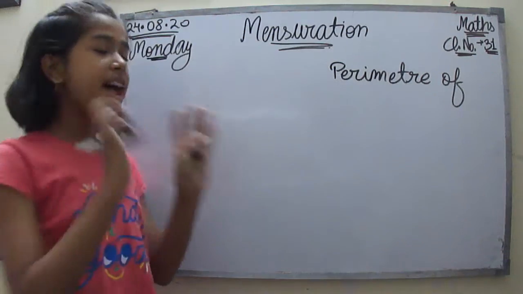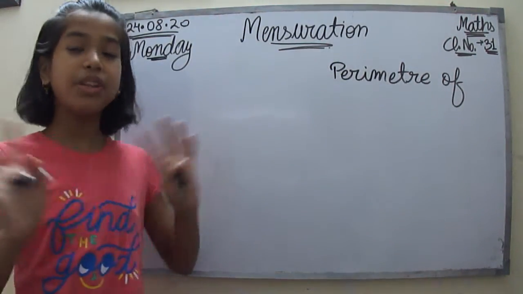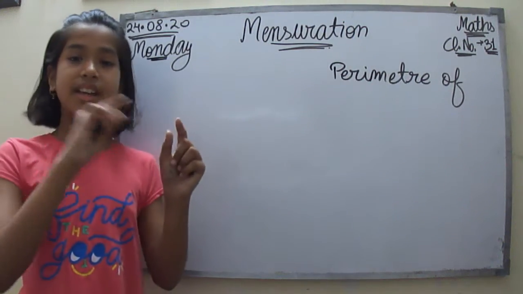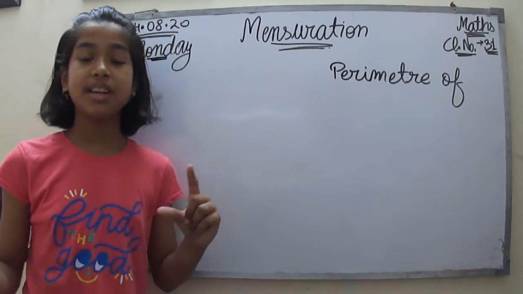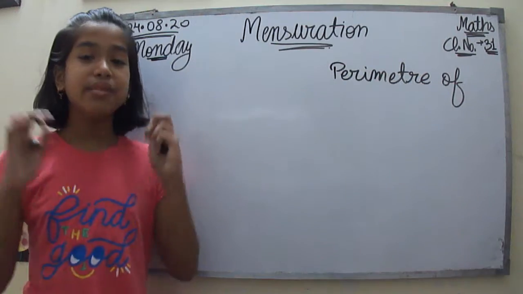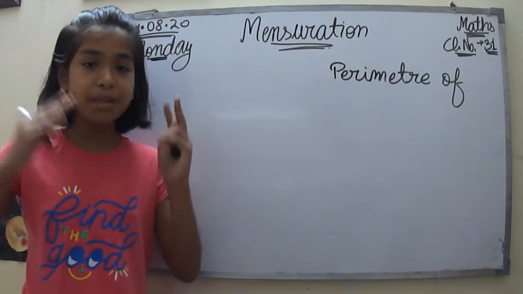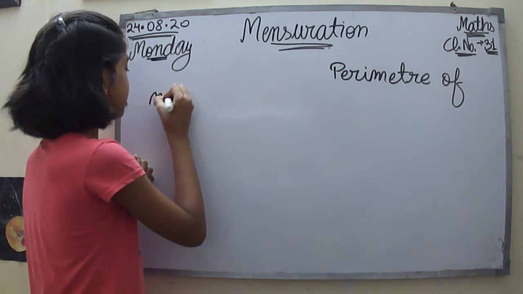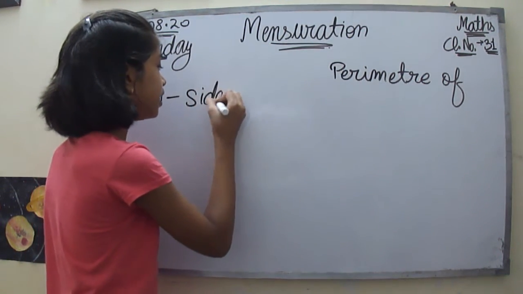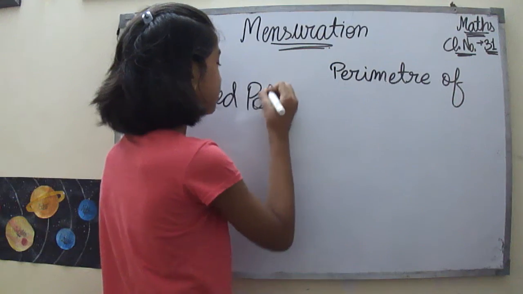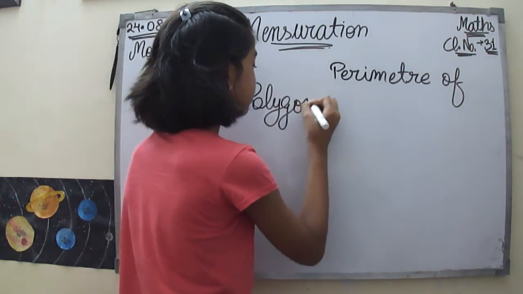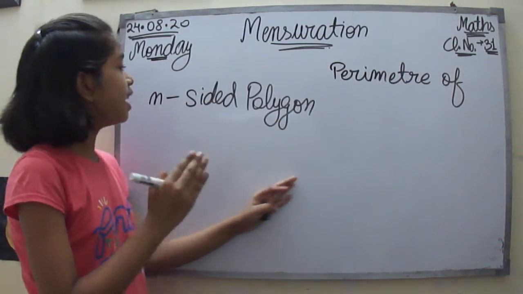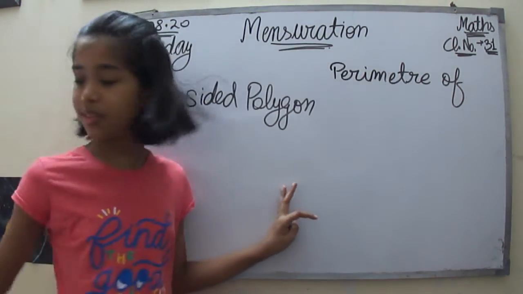there is an n-sided polygon. We don't know how many sides that polygon has, but we know that it has n sides. N is a variable here which represents the number of sides that the polygon has. So let's say that there is an n-sided polygon. So for the perimeter of an n-sided polygon, what we will